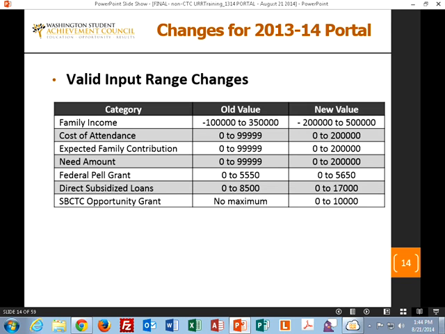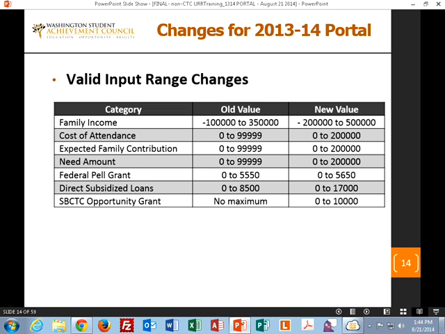And we have a few valid input range changes just to expand the range a bit so that more files get through the edits without having to have somebody write a comment on it.